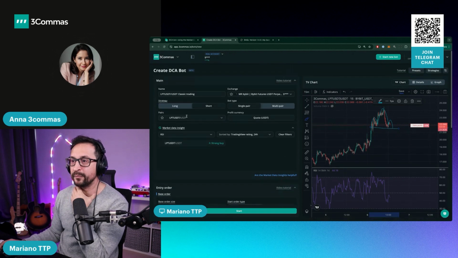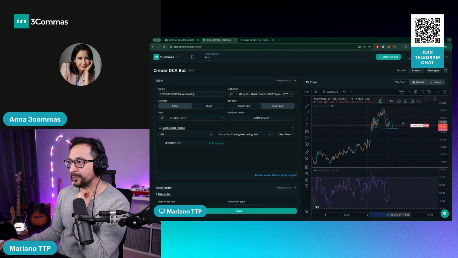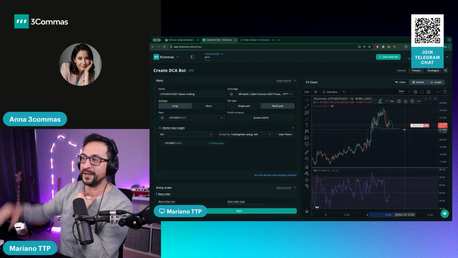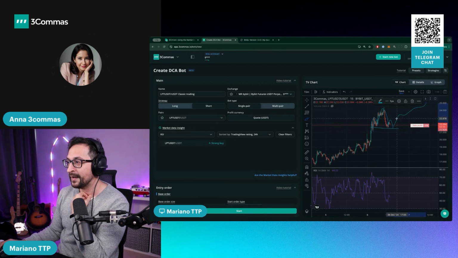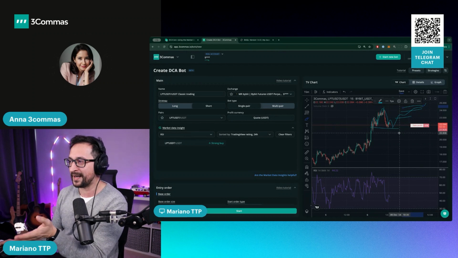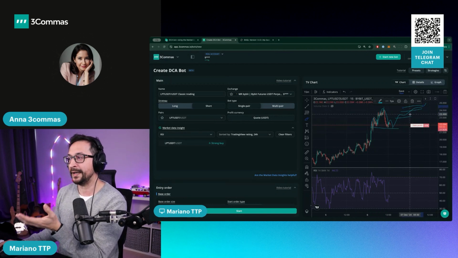In this case, for example, if I was to do a short with this token, and I was to place my safety orders to the upside because I'm shorting, I will be very cautious with doing something like that. I will prefer to use DCA with a long. Shorts can go infinite to the upside. So let's say we were wrong and this is due for continuing the pump, then I don't want to have my safety orders in here and then end up with a huge red bag in a short. So that will be a tip: be careful to short with safety orders in a bull market